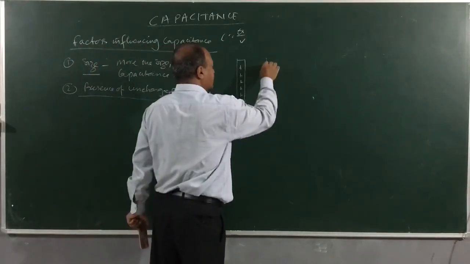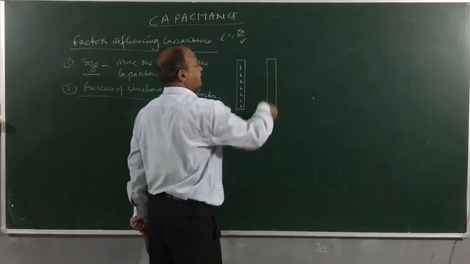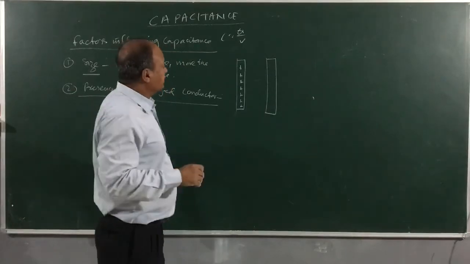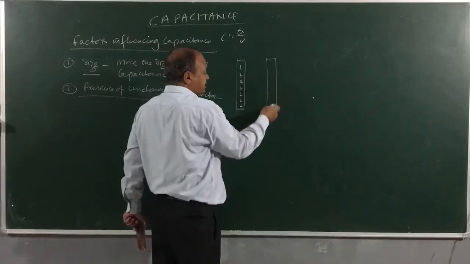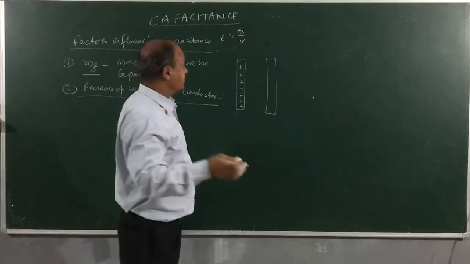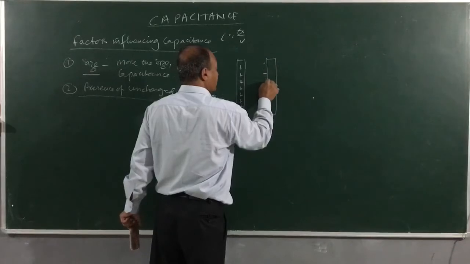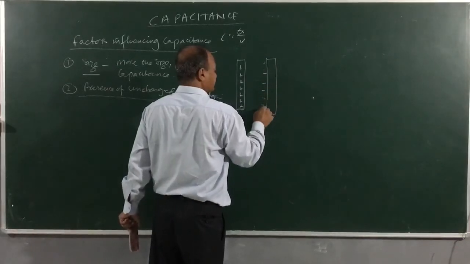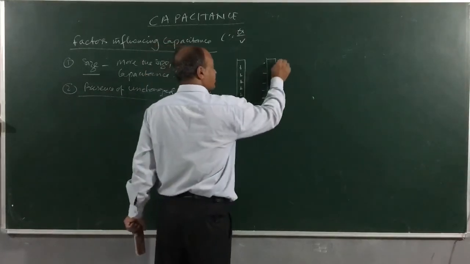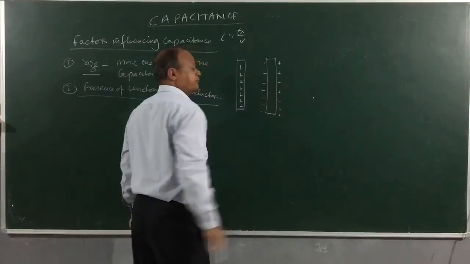Here I took one conductor which is charged. I placed another conductor nearby. This conductor is not charged. So what will happen, children? This uncharged conductor will start charging by induction. So you know what is induction? The end nearer to the positive charge will develop what charge? Negative charge. And the end which is far will develop an equal number of positive charges.